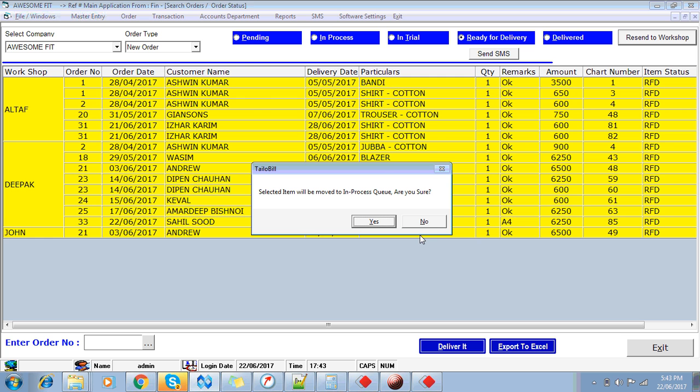ये भी बहुत अच्छा ऑप्शन है। ये क्या होता है कि कभी कभार जैसे आप यहाँ से मल्टीपल स्कैनिंग करते हो, ठीक है, बारकोड स्कैन कर रहे हो। मैनुअल वर्क में क्या होता है, कुर्ता कुर्ता 2 आइटम होते हैं मगर ऑर्डर नंबर चेंज होता है, तो नजर से कभी चूक जाता है और गलत आइटम इधर आ जाता है और असल आइटम उधर ही रह जाता है। तो अगर गलत इधर आ गया और आपको कोई चीज को वापस भेजना है तो आप यस दबा दो, तो वो चीज वापस वर्कशॉप में